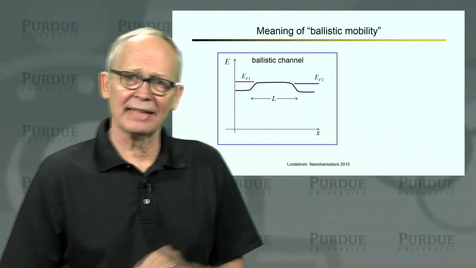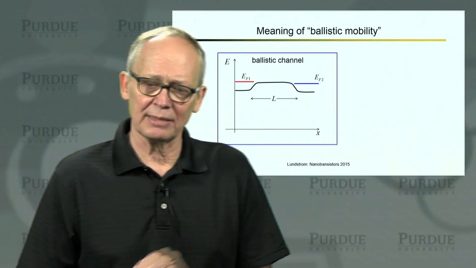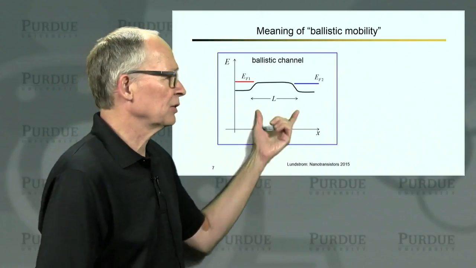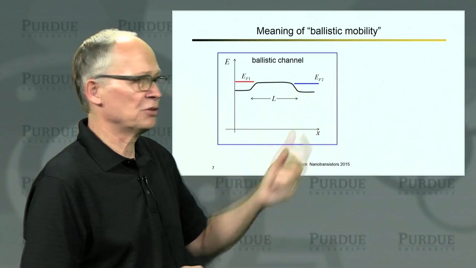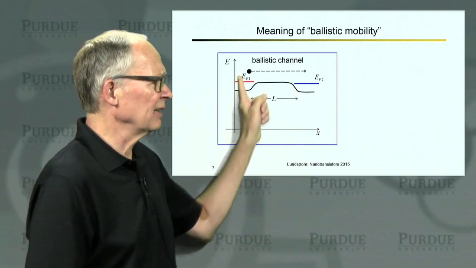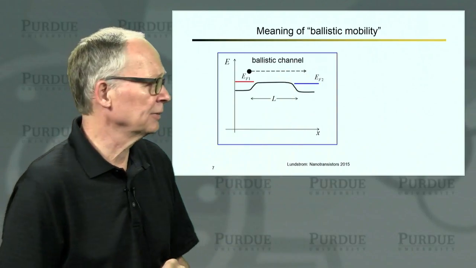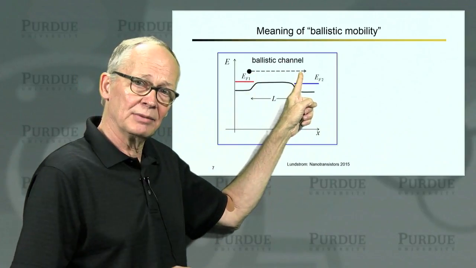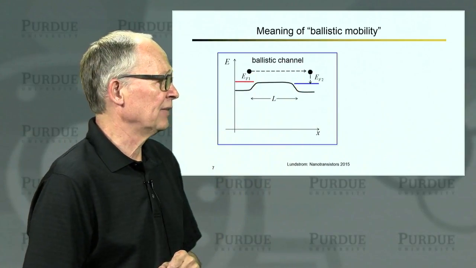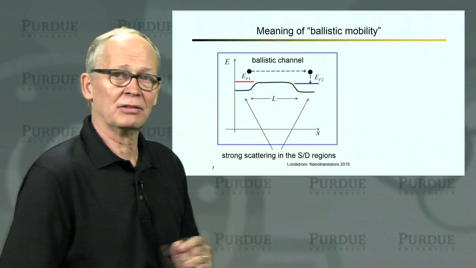I discussed in the last lecture briefly, and let's do it just one more time, what this ballistic mobility means. The physical picture in the linear regime is that we have a very small voltage applied to the drain. Electrons enter, they cross the channel ballistically and do not scatter, but they scatter frequently in the source. They scatter immediately when they enter the drain. So the average distance between scattering events is the length of the channel.